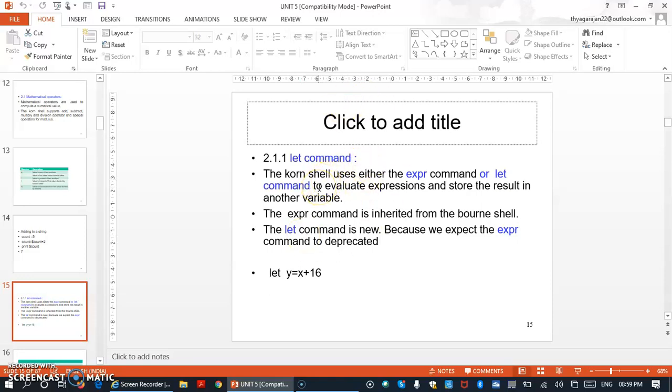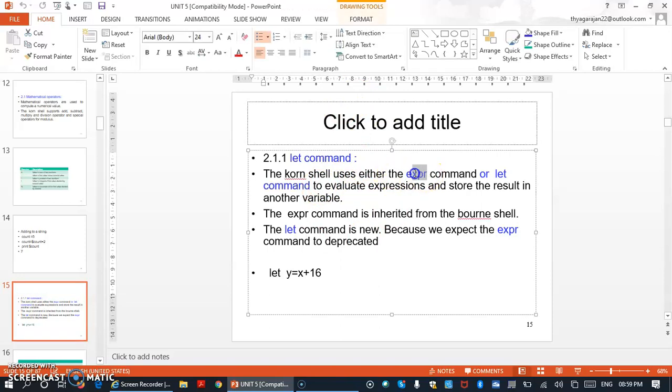Coming to another one, the let command. The Korn shell uses the expr command to perform an expression. Whenever we are evaluating an expression within a shell, we need to use a command we call expr for the mathematical operators.